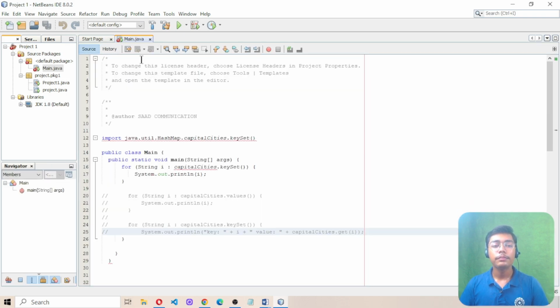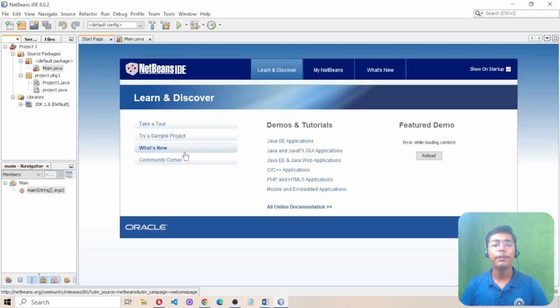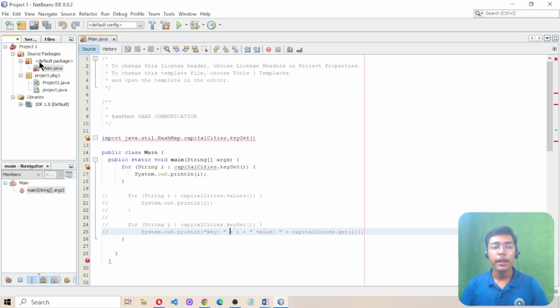So moving on, I have already created one main.java file, so I will not be creating the file. But when you install your NetBeans IDE, you will also get this start page, and obviously we will not need this start page anymore, so I will be closing it here. And remember,